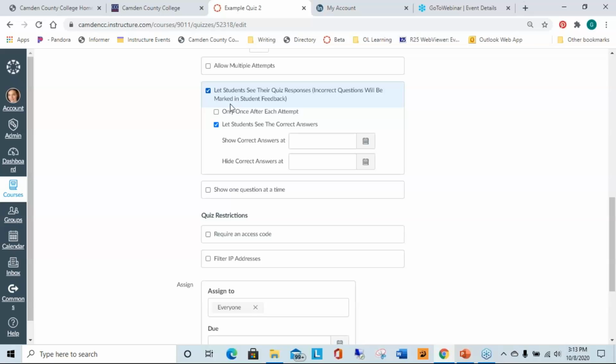You can't control that. But what you can control is whether to allow students to see what they got wrong, and that is by checking this box. And then also to let students see the correct answer. So at this point, they basically would see almost an answer key. So they could see what they got right, what they got wrong, and any they got wrong, they would see